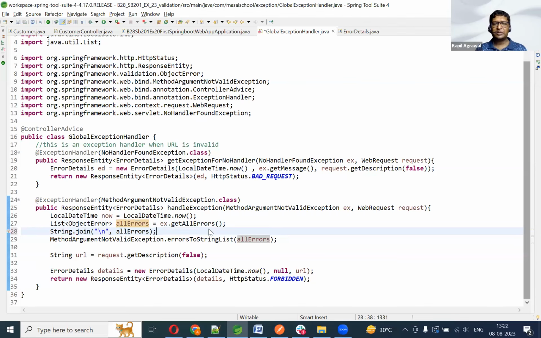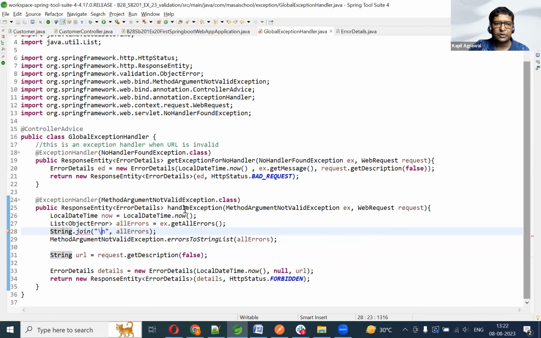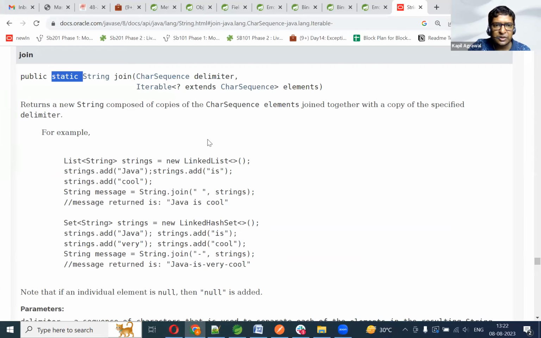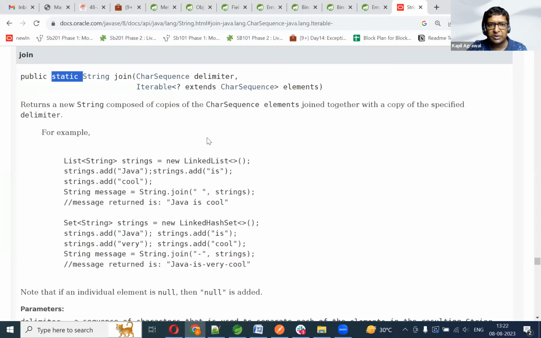The next thing I'm writing is passing all the errors. When I pass all the errors here, what happened? The name of the method is the join method. Why is this not happy? Oh, sorry. The first parameter is required to be a character value. For the join method, the first parameter is required to be a char sequence. In case of a char sequence, I can use this, no problem. The second parameter is going to be